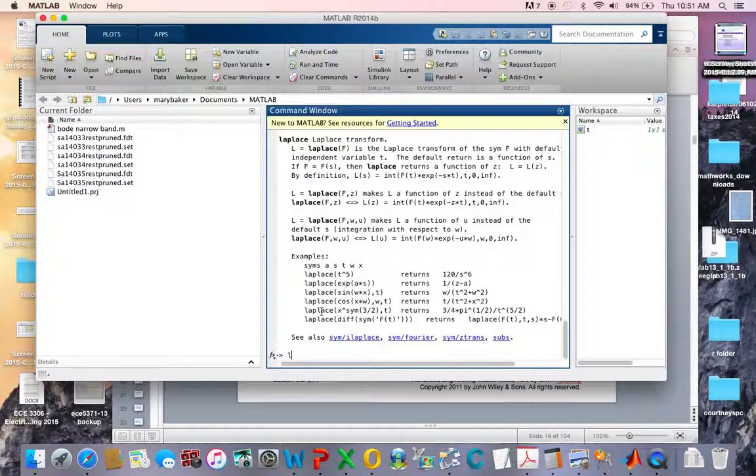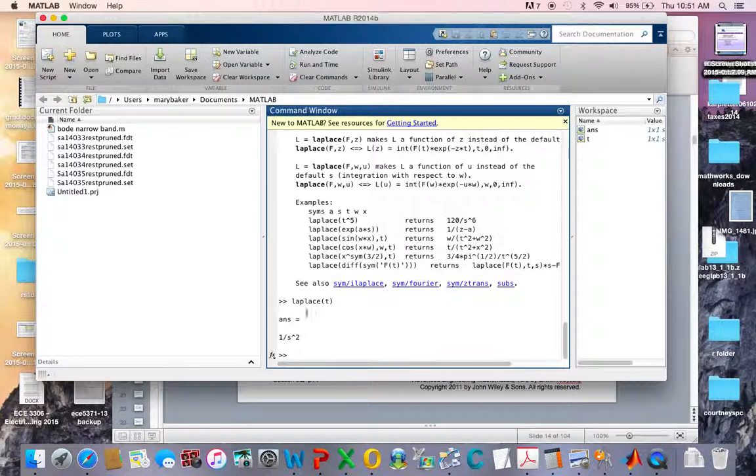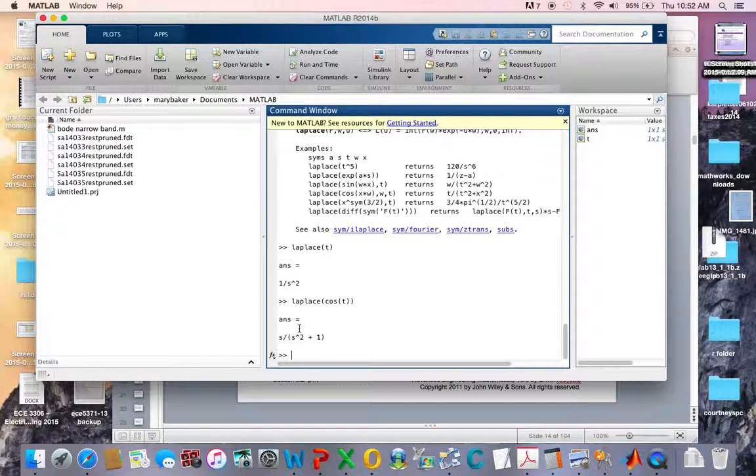So let's just look at the Laplace of t. If I do that, MATLAB is going to tell me that the Laplace transform of t is 1 over s squared. I can look at the Laplace of cosine of t using double brackets here. And here we go. The answer is s over s squared plus 1. So in general, this is relatively easy to use. Let's look at the Laplace of